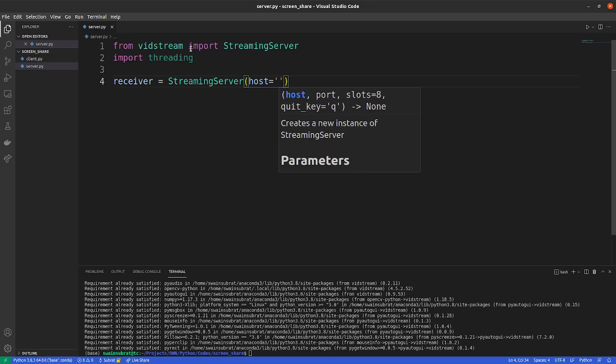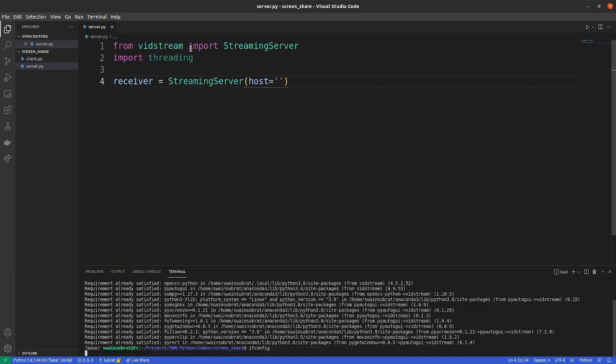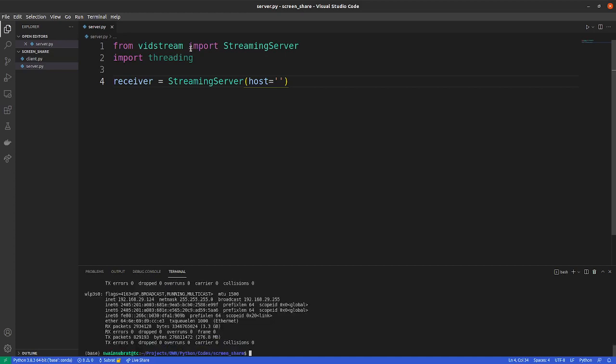For finding the private IP address of a computer, just go to your terminal and type ifconfig, and you will get your private IP address right here. It's next to inet. So you'll copy it and paste it.